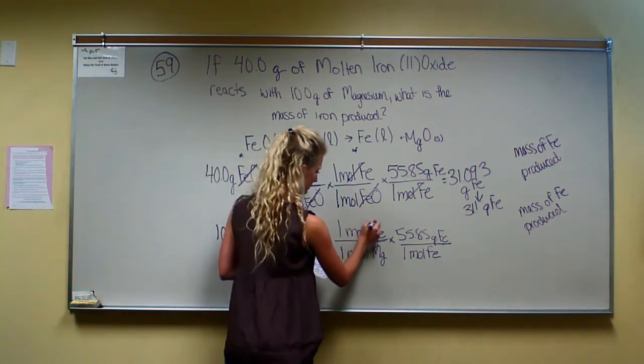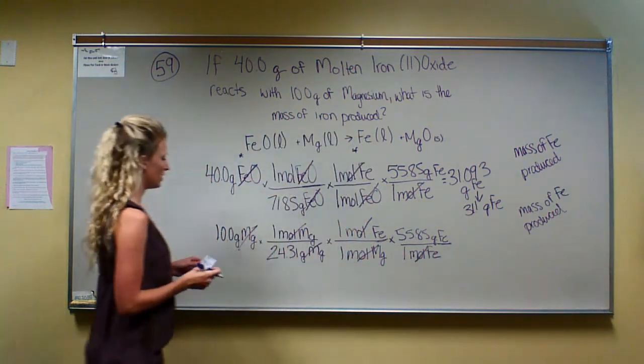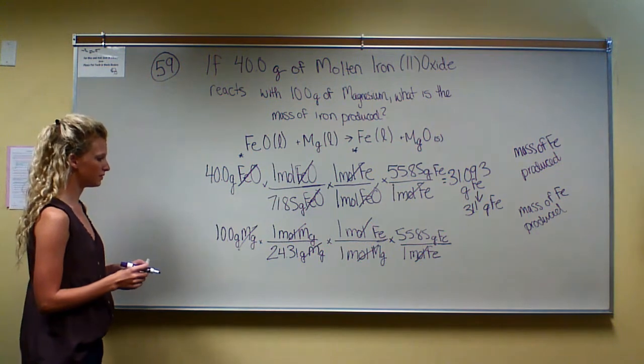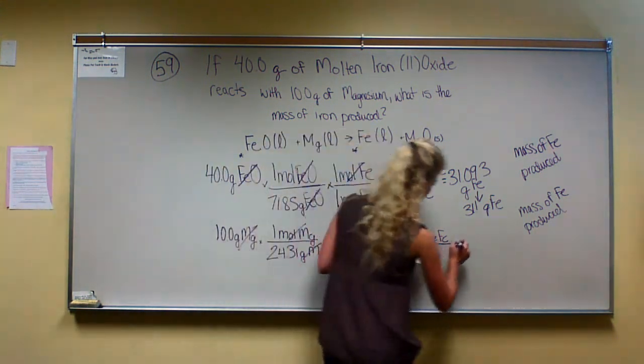We can now go ahead and cancel out this 1 mole of iron and 1 mole of iron, and we are left with 10 grams times 55.85 grams divided by 24.31, which gives us